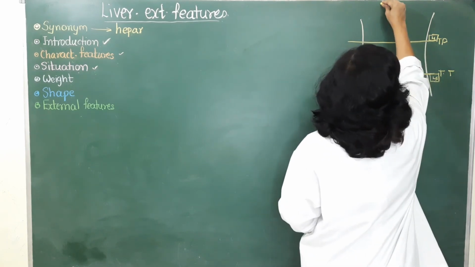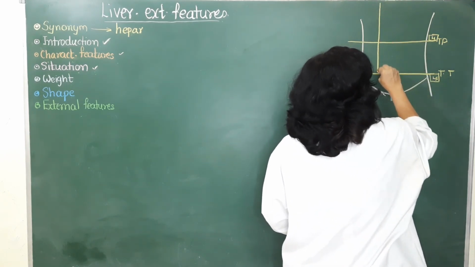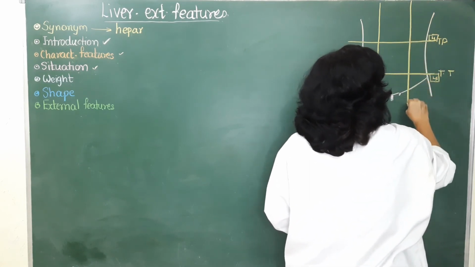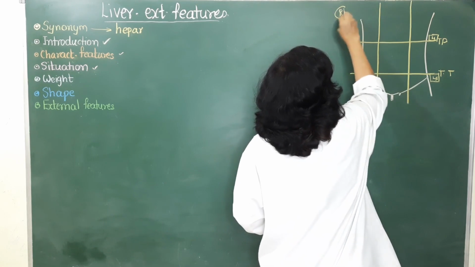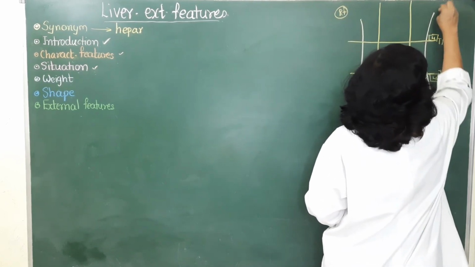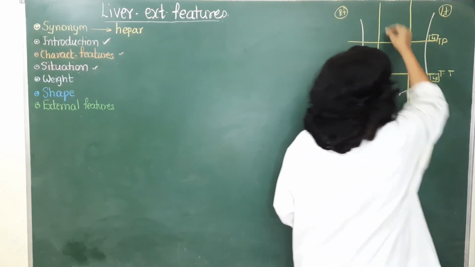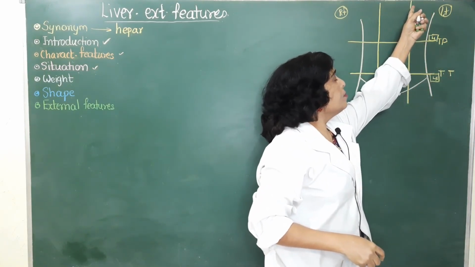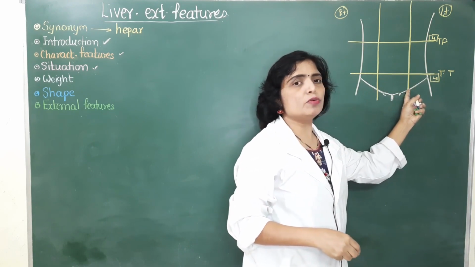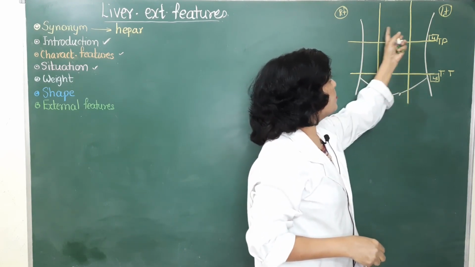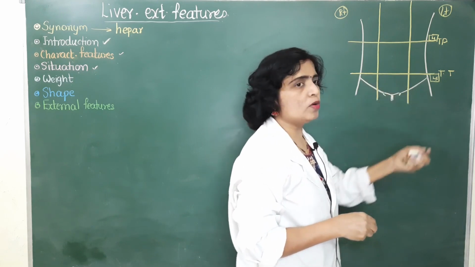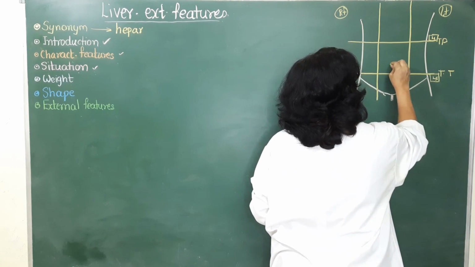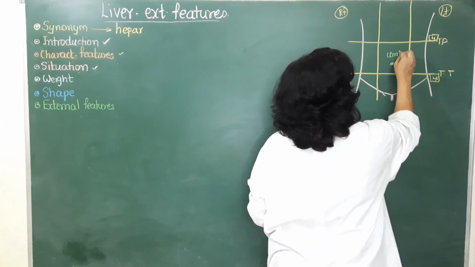In addition to that, you get 2 vertical planes called the right lateral and left lateral planes. So this is the right side and this is the left side. These 2 vertical planes pass through the midpoint of the clavicle in the upper part, while in the lower part they pass through the mid-inguinal point. Thus the abdomen gets divided into the 9 quadrants. Here is the umbilical region where the umbilicus is situated.